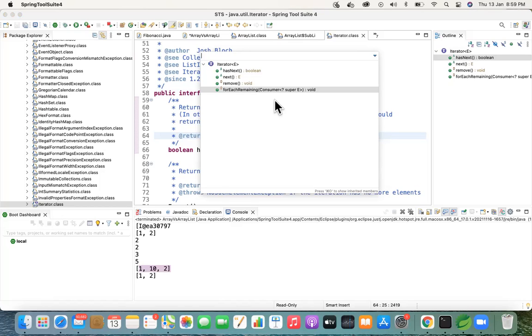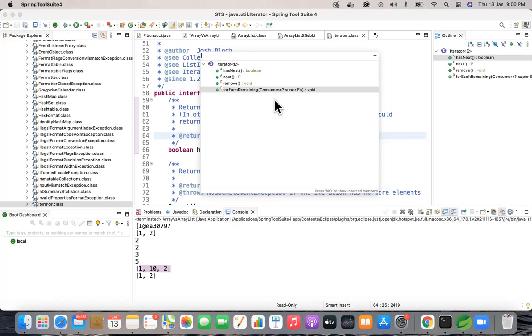If you're using an integer, you'll get an integer value. If you're using a string, you'll get a string value. If you're using an employee, you'll get an employee value. So the return type of that particular object is the value which you can take from the method next. Whereas hasNext is just a precondition. Whenever I'm iterating, I never know what the end of the list is.